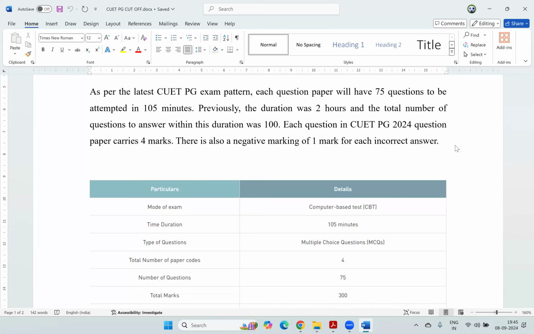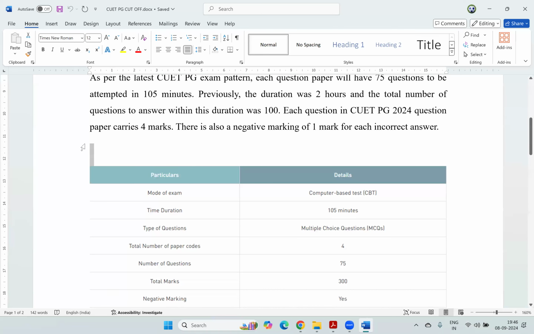The question you could not answer costs you 4 marks, plus you had 4 marks on another question and 1 mark gets deducted from that. So a total of 5 marks is gone. So please keep this in mind. If you do not answer a question, that's fine, you are not getting a negative. But if you are attempting a question and getting it wrong, then you are actually losing 5 marks. Why? Because 4 marks for that question you did not get right and 1 extra mark in a question that you did get right. Okay, so this is something to keep in mind.